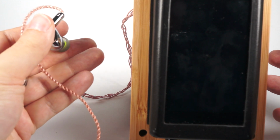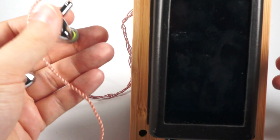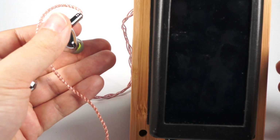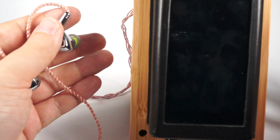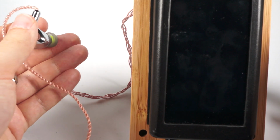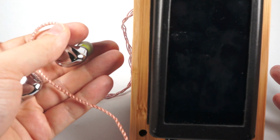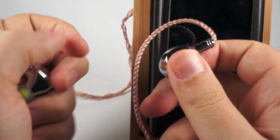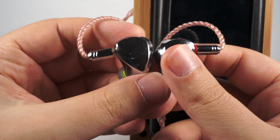In terms of sources, the best probably sources for them are something like iBasso DX160, FiiO M11, this range of DAPs. They don't require a super black background and they don't require tons of power, but using them with smartphones won't make much sense anyway. Speaking about the comparison, there are really a lot of models in this price range,